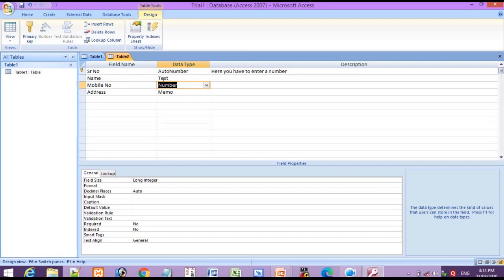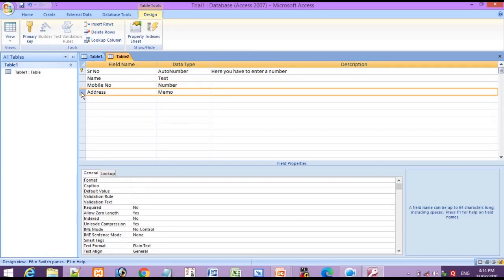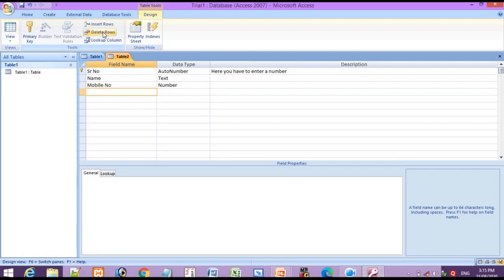Okay, now if you want to delete a row, this address row that was made, I want to delete it. For that, just go in, select the row which you want to delete, go in the design tab, click on delete row, and your row will be deleted. So in this way you can insert and delete rows.